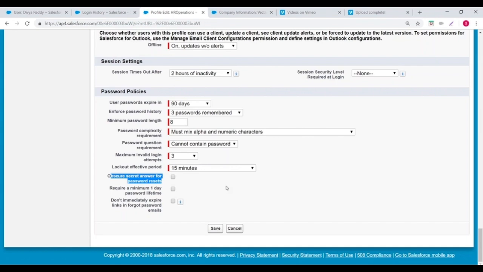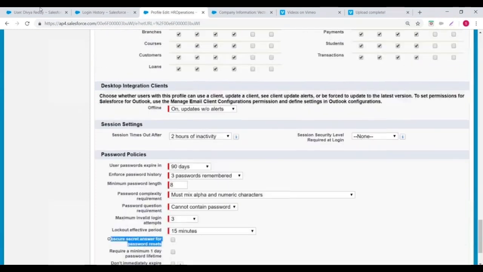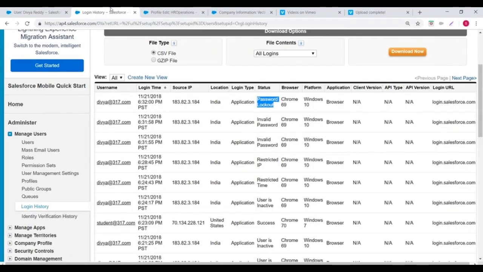So we can control this for a profile. For a group of users, if you want to give a login hour restriction, an IP address restriction, or an invalid login attempts restriction, then I can go with the profile. I hope you are good with this combination. The same we can also do at the organization level. This is for the profile level; for the entire organization you want to give it,